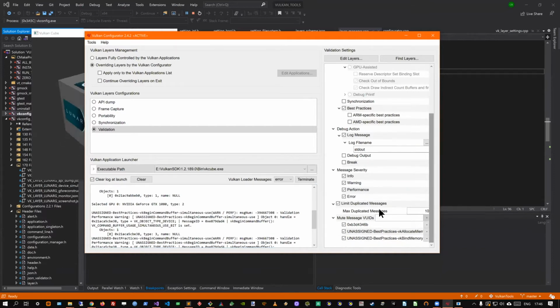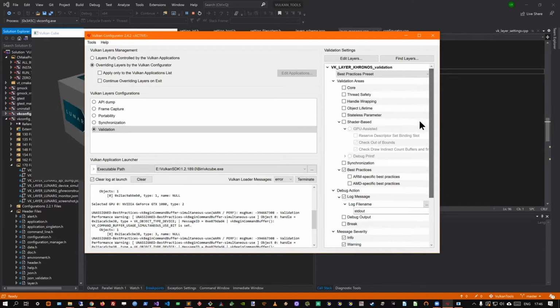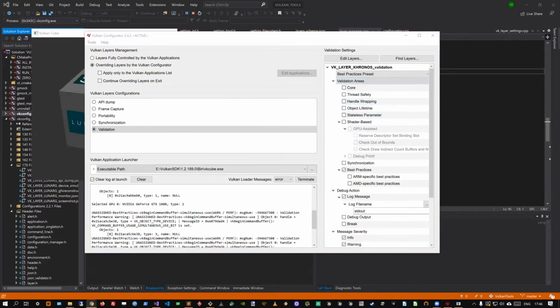So one value for Vulkan Configurator is that we don't need to look at the documentation on the repository or anywhere for the layer. It's self-documented. One part of it is there are tooltips for basically everything. Another part of it is we can generate a documentation. We don't need to go anywhere.